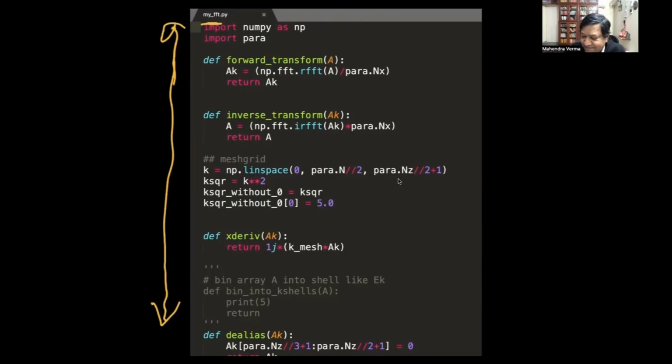And this is part of my real function I wrote. The parameter file has all these parameters, like the grid size nx, nz. All that is stored inside para. Python is very nice, you can import, boom, and get all those things sitting in para. So para.nx will give me this.